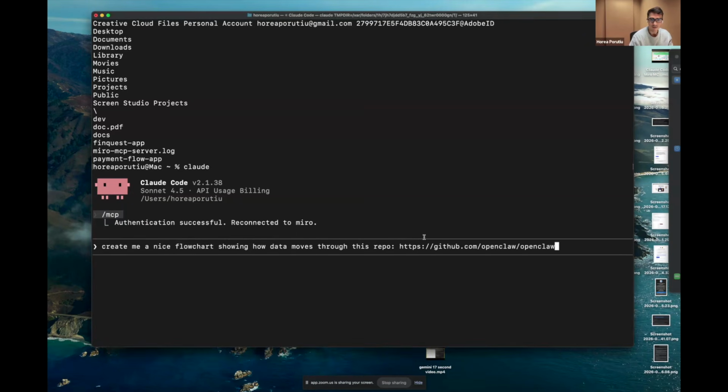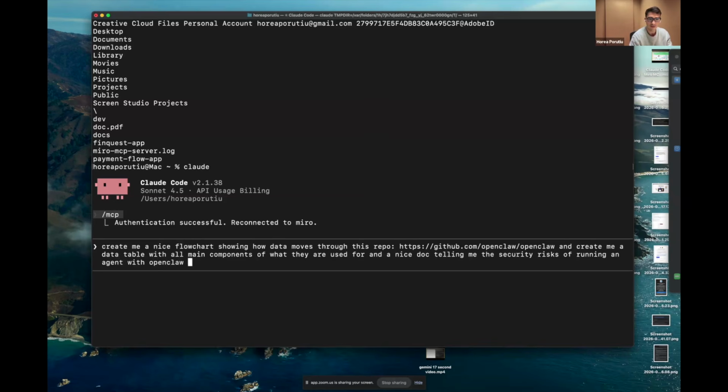So I'm just going to paste in this public GitHub repo here, so the AI agent can take a look. And let's make this repo and create me a data table, all main components they are used for, and a nice doc telling me the security risks of running an agent with OpenClaw on a Mac Mini. Awesome. So I got a flowchart in here, a data table, and then a doc as well,